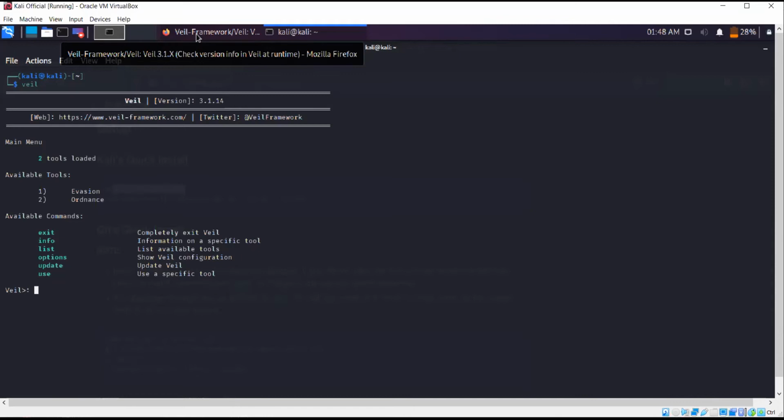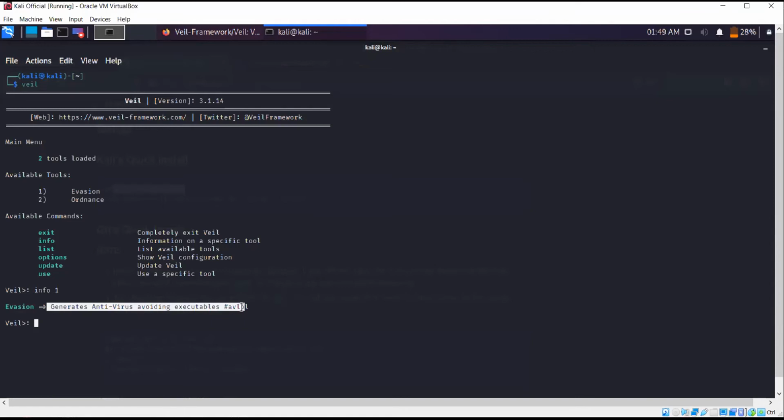We use Whale for creating payloads, for creating viruses, and this is especially used to evade common antivirus solutions. There are two options, evasion and ordnance. You can find out what each option is about using info, and then the option, info evasion, then info two.